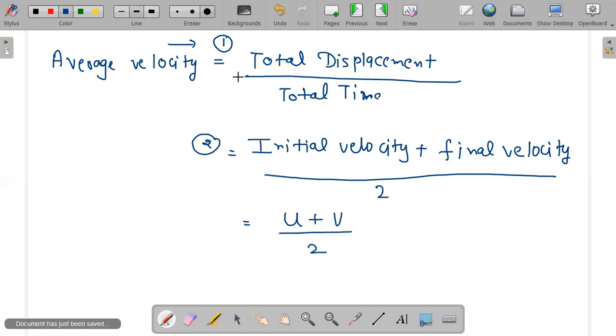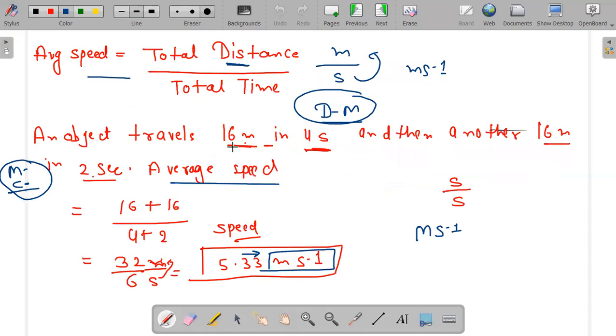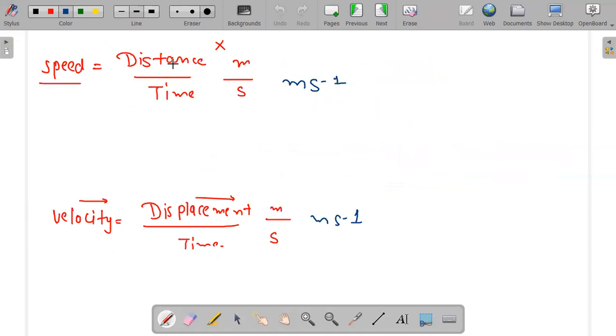So velocity is also known as v. Now for average I'm writing av here, remember this thing. For speed, the sign of speed is v also, because for speed I'm using v and for velocity I'm using this. Both of them are same. So speed is not having any direction.